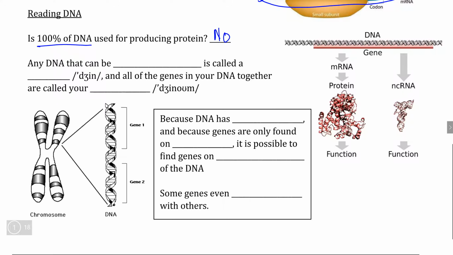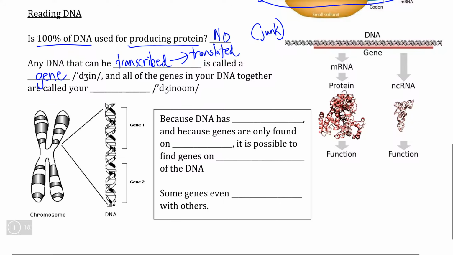And then there are some sequences of DNA that are just used to make RNA, but that's where the function ends. And then there are some sequences of DNA that actually don't have any function at all. And unironically, the technical term for DNA that really doesn't do anything is what we call junk DNA. Now, what we're interested in is the DNA that is ultimately used to produce a protein. So any DNA that can be transcribed, and then of that DNA that is transcribed that ultimately gets translated into a protein, these are what we call